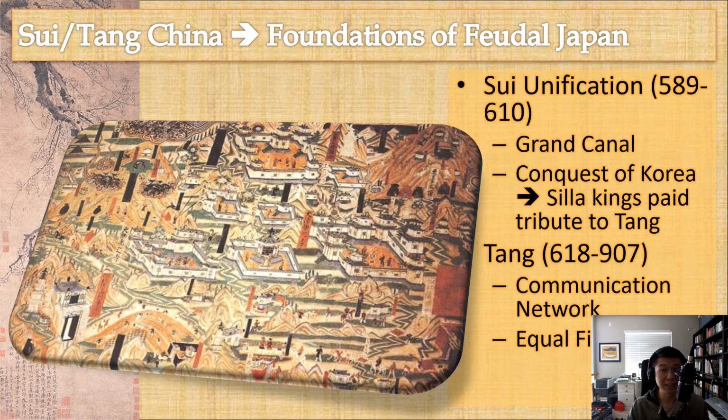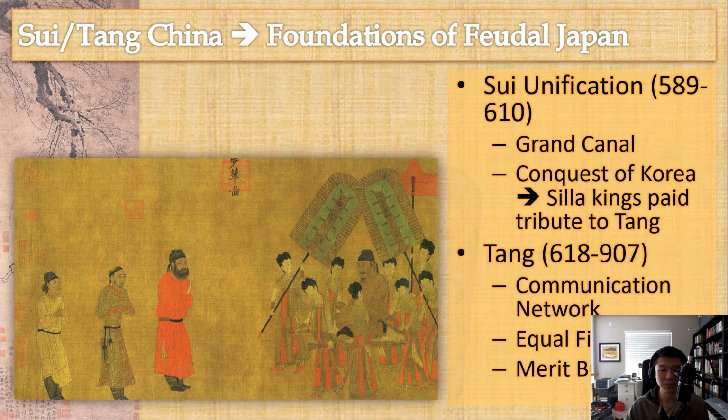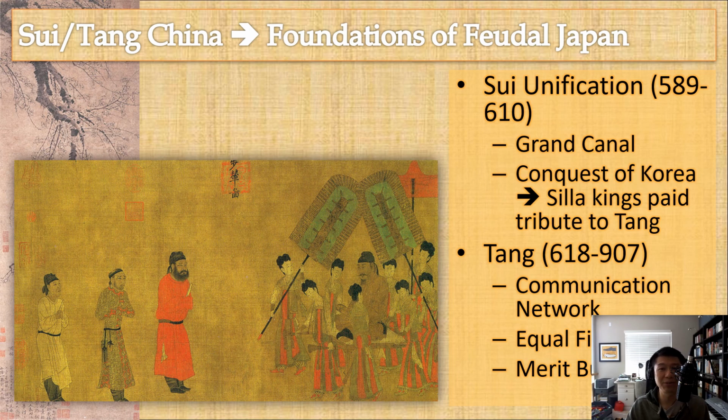Okay? And lastly, probably most importantly, is the reestablishment of the merit bureaucracy system. What that meant was a slow return of Confucianism, and eventually, because of the challenge of Buddhism, Neo-Confucianism became the key belief set and the main way by which law is exhibited in China at this time.